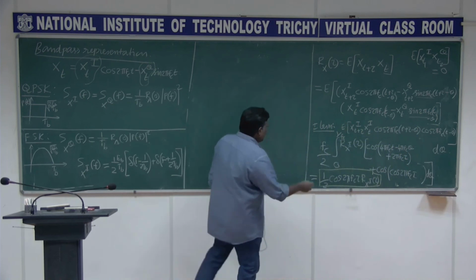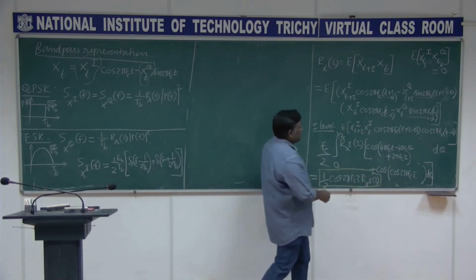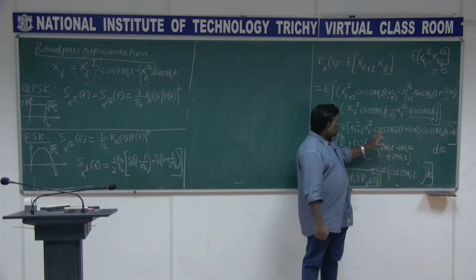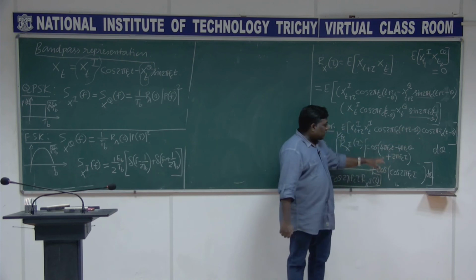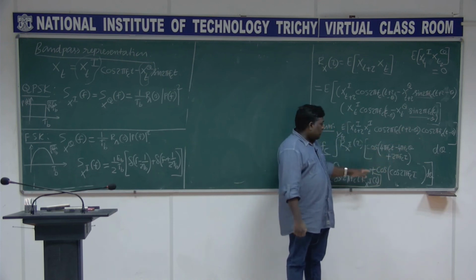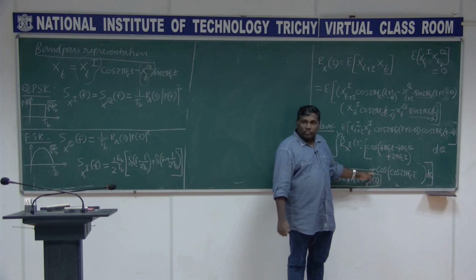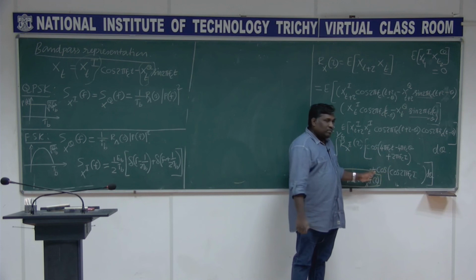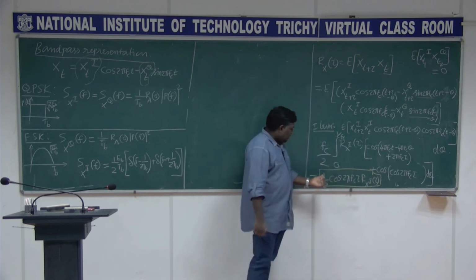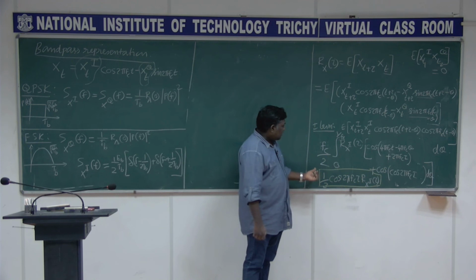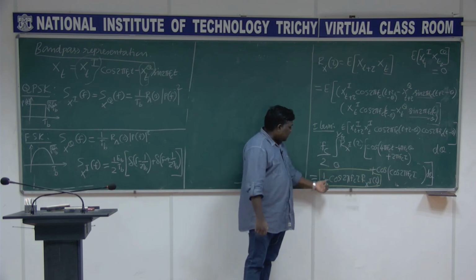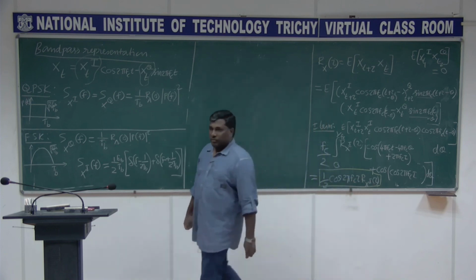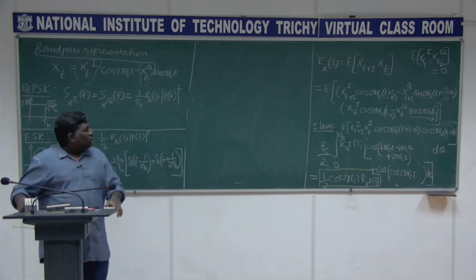If you want me to do, we will quickly do that. What I am telling is, here in place of cos it is going to be sine, and 2 sine, so written in terms of cos again. The only thing is, in place of plus it is going to be minus. So anyhow the first term is going to vanish, we get the second term with minus sine. So you get the same expression of cos 2 pi fc tau, only R_xQ(tau) will come into the picture. Any doubt in this?